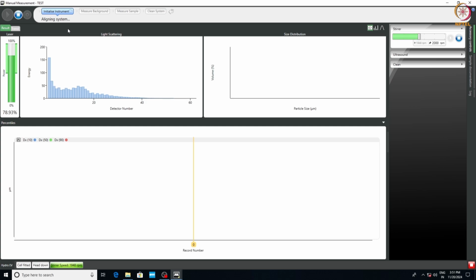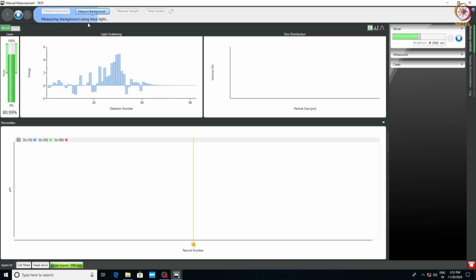So it may take some time. The background stability timeout was selected as 60 seconds. So it will try to stabilize the background for at least 60 seconds to check. It is measuring the background now.